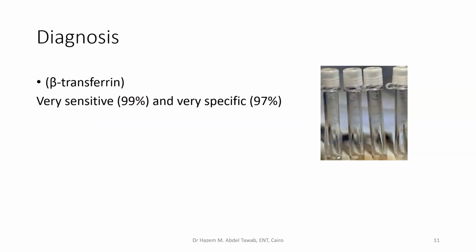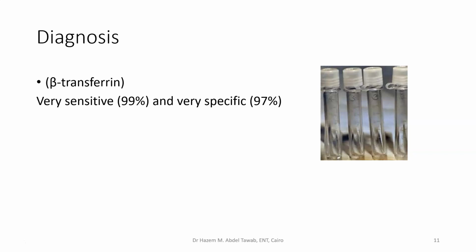For example, beta transferrin. It should be kept in that white topped bottle. It is a very sensitive test, 99% can diagnose the cerebrospinal fluid leak. Some of the authors are saying that it can also be found in the blood in some cases, like for example chronic liver failure, sometimes in rectal carcinoma. It is found in the blood, but